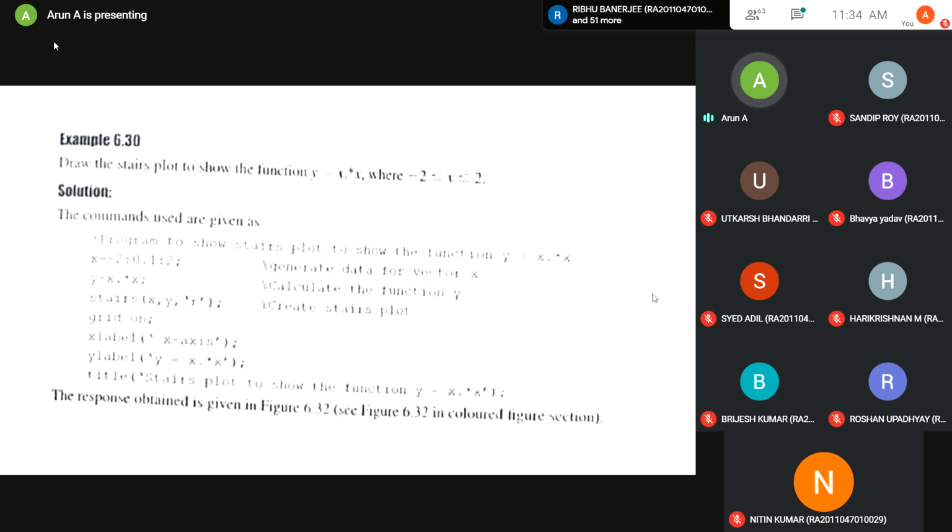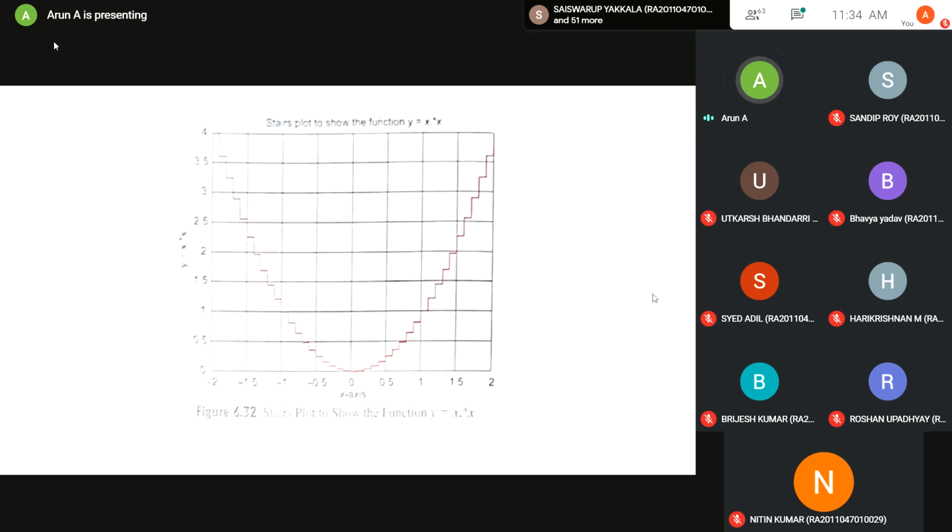Now we'll see how the output for stairs is coming up. Okay, just watch this. I hope it looks like a stairs. Step starts here, ends, starts, ends, starts, ends. It goes like this with the range. I think the range is being specified. So this is the output of a stairs plot of the function of y. Okay, so this is how your stairs graph or your stairs plot will look like.